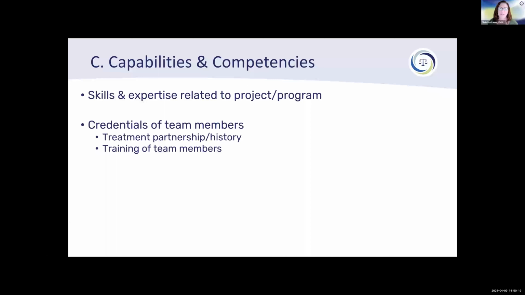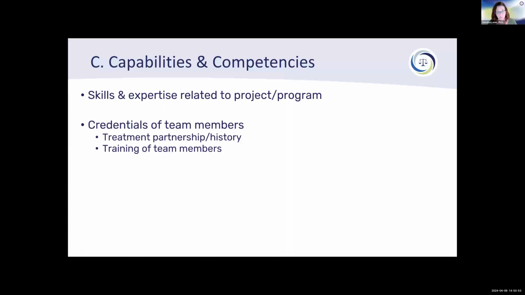And there's specific, again, bullet points that you need to include in this section, which I'll show you an example of in a moment. But generally speaking, we're talking about your treatment partnership, the history with your treatment provider. Now, if you're implementing a new program and you're saying, well, we're new, we don't have a treatment provider history yet, that's okay. You want to talk about the treatment provider's history, their credentials, how they've been involved in the community, who they serve, et cetera, and making sure that they have served the target population